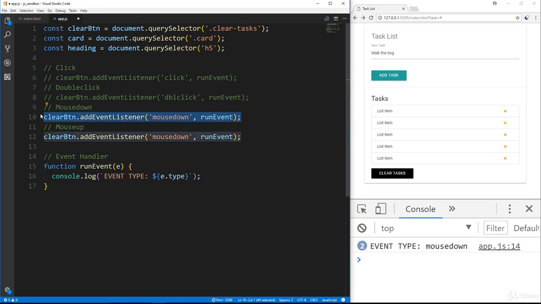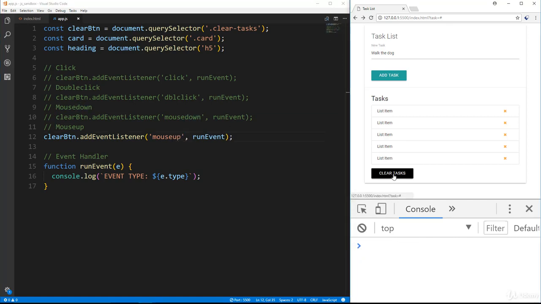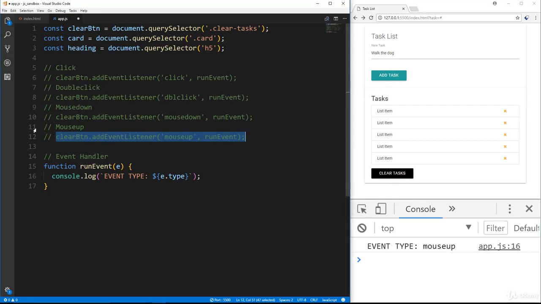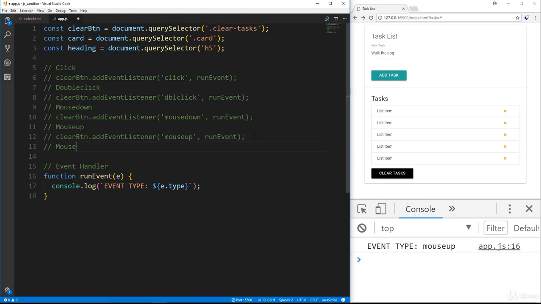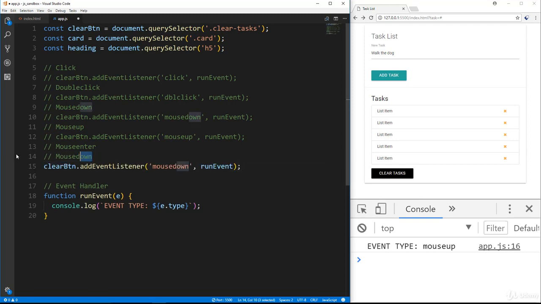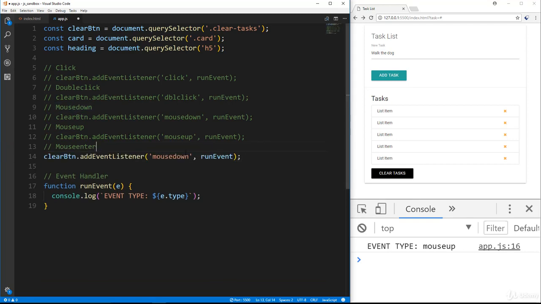So let's comment this out, and let's change this to mouseup and save. And now I'm going to click and hold. Notice that nothing has happened. When I let go, that's when that event fires off. So you have mousedown and mouseup. Another event we have is mouseenter. So let's go ahead and paste that in, and let's do mouseenter